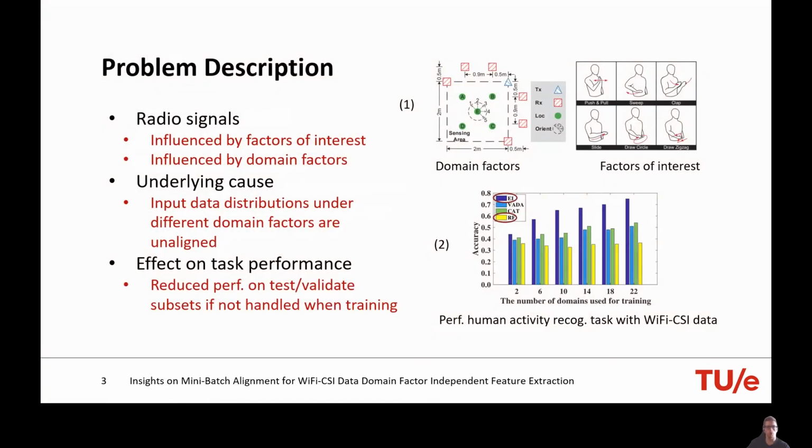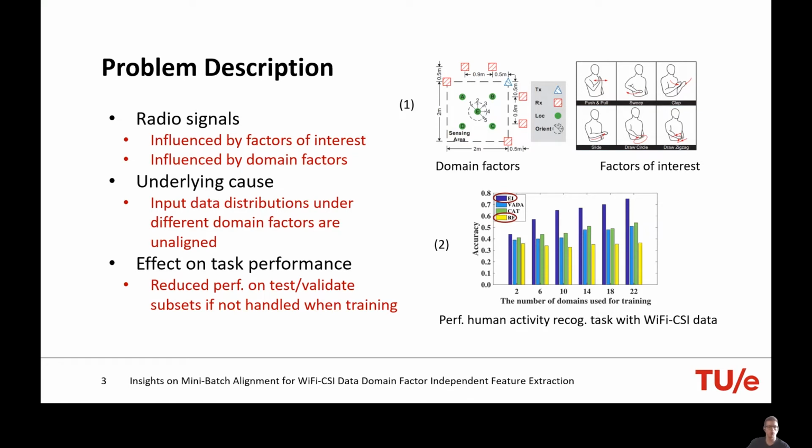So for example, radio signals are influenced by factors that pertain to a specific interest. When I move my hand into a certain direction and I have a transmitter and receiver in the same area transmitting signals to each other, my hand will cause certain power attenuation and phase shifts in the signal that is received at the receiver. As a result, based on these phase differences and power attenuation, you can measure if specific activities or